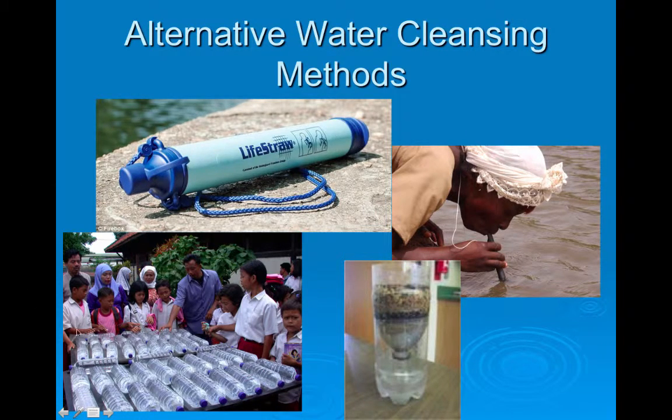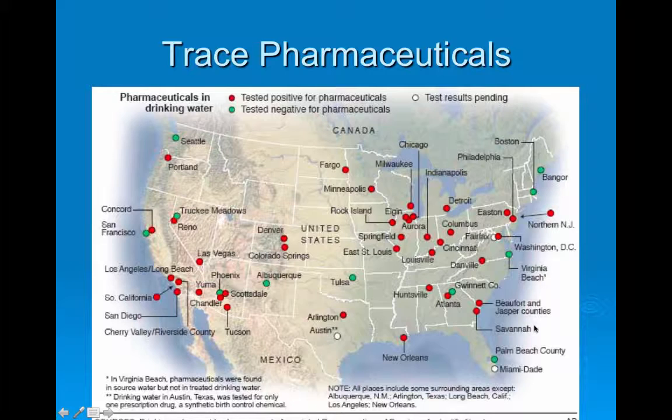Think about all the problems that third world countries would have in reference to this. One problem is that people may not know to do this. Another problem is they can be very distrustful if this is coming from Western sources. And then another problem is that things like the LifeStraw, they can't afford that because after 10 or 12 uses, this is no longer any good.